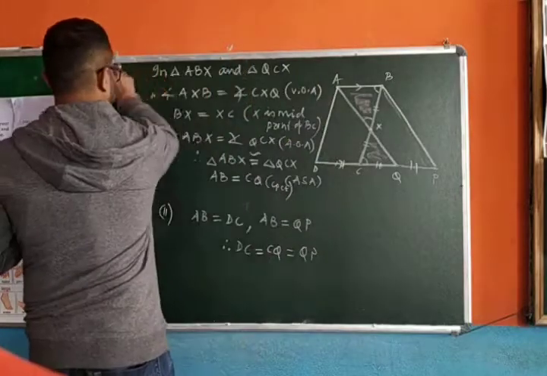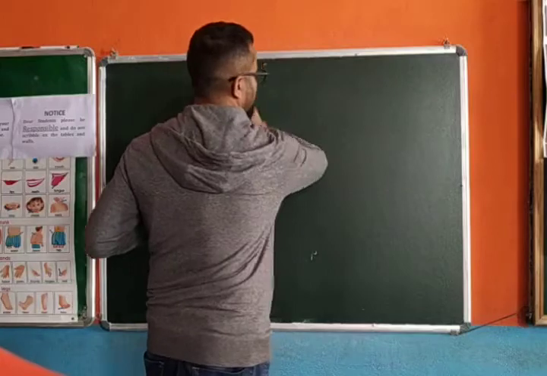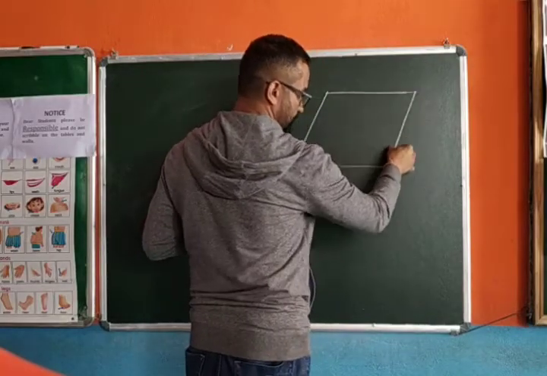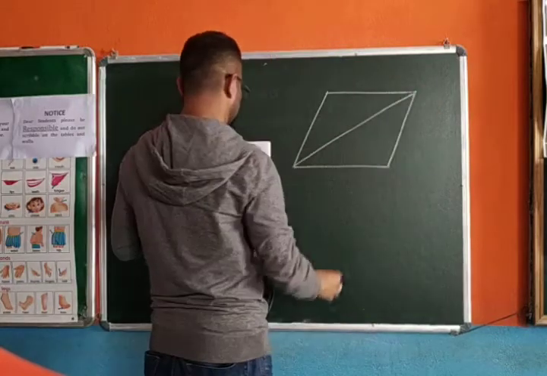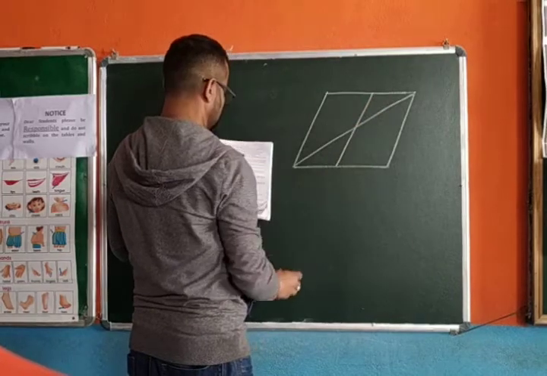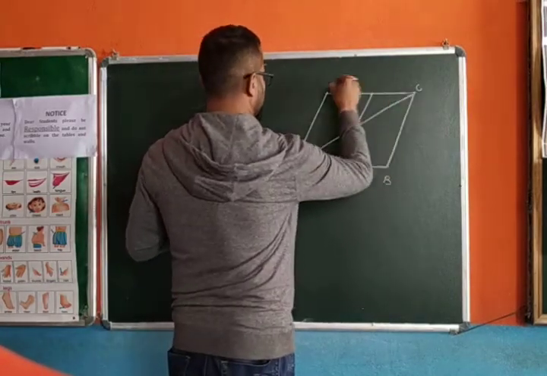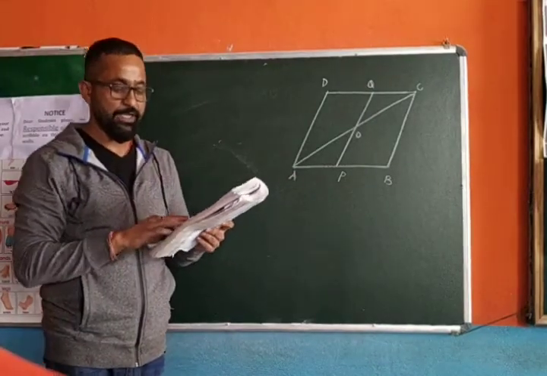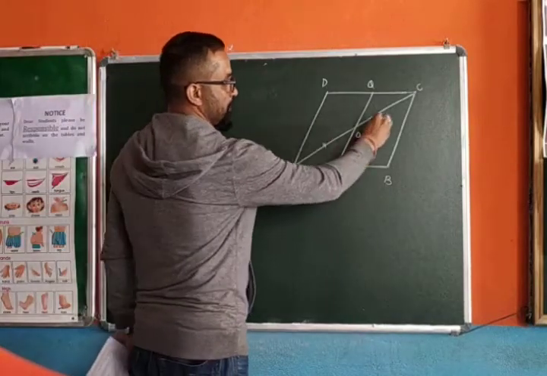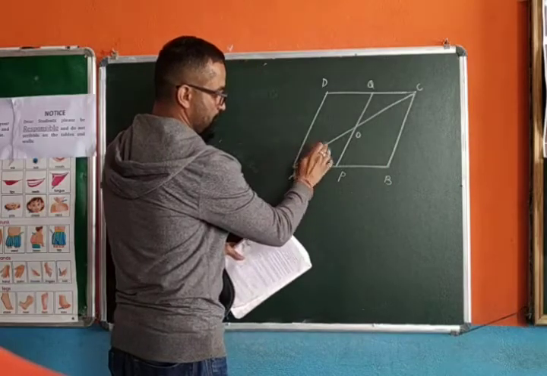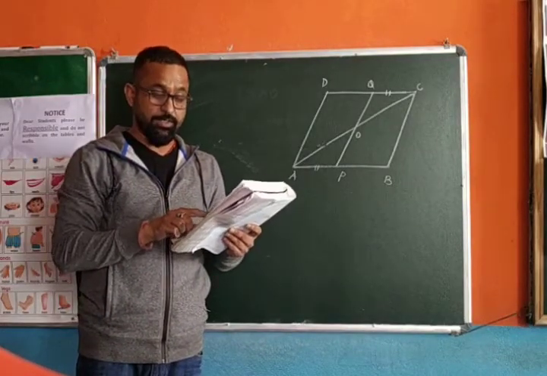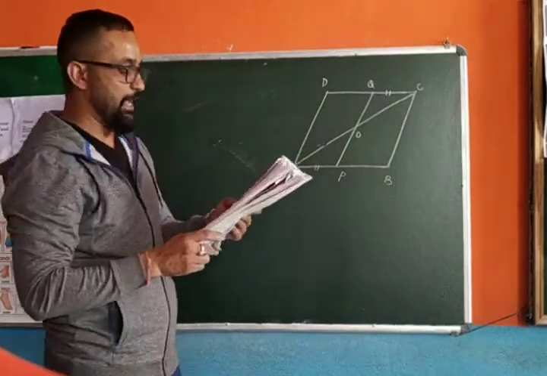Question number 14b. Again, it says prove AQ equal to PQ. You have a parallelogram, diagonal AC, and you have QP here. So A, B, C, D, P, O, Q. You have a condition given in the question: AP is equal to CQ. Prove that AC and PQ